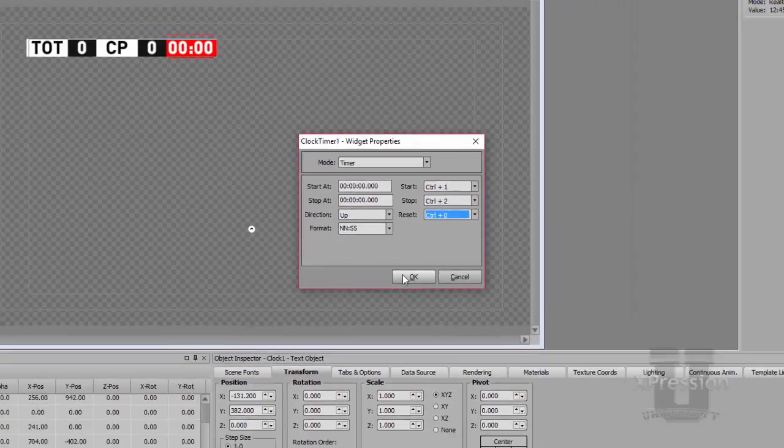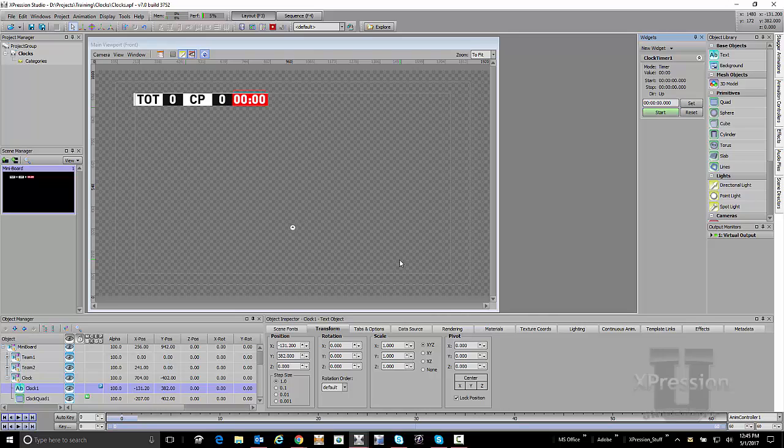So I'm going to go ahead and click OK. And you're thinking, great, now what do I do? If I look over on the right side, my widget is set, and I can name it, by the way, if I'd like to.